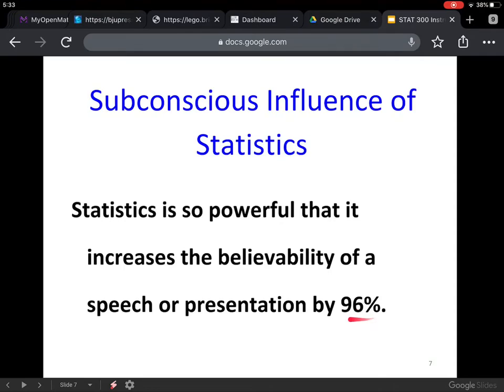And that's kind of the statistical thinking that we need to do. We need to say, okay, there is a number, yes. I need to be conscious of the subconscious influence of the statistics that are being presented to me. And then I need to find out, how did they do their study? What did they do to get this number, right? And I'm literally claiming to you, I made this number up. So please be aware of the subconscious influence of statistics that people have when they're presenting information to you, or when you're presenting information.